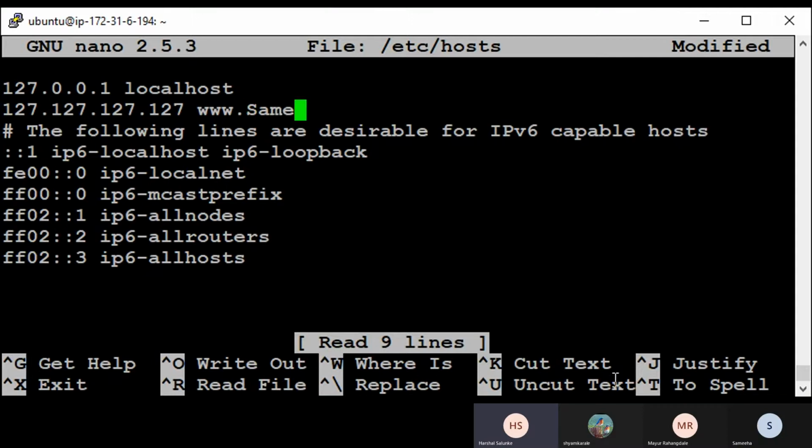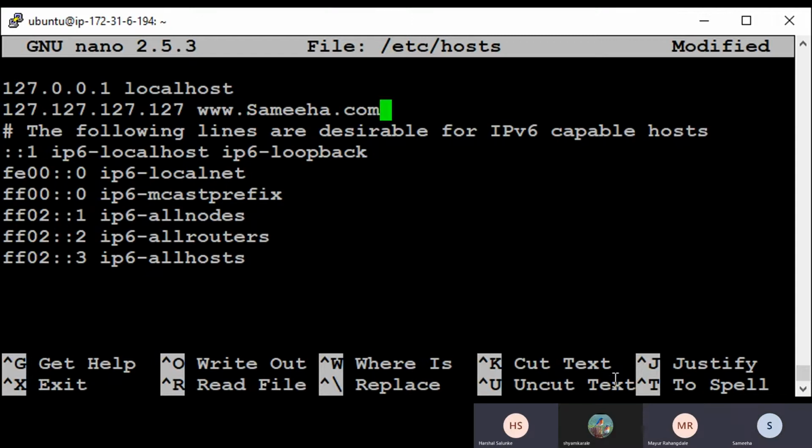After 127 dot whatever comes, it is a loopback address, means it goes to the same machine. If it's the same machine, use a loopback address so that DNS comes back to the same machine. Now here, even if you don't put www.samia.com, it will still accept it, but it is good practice to use the whole domain name.